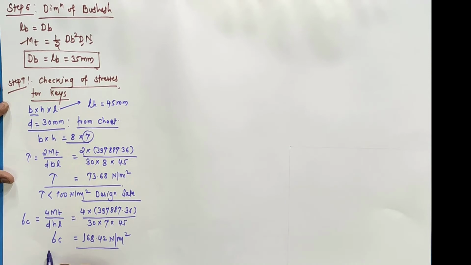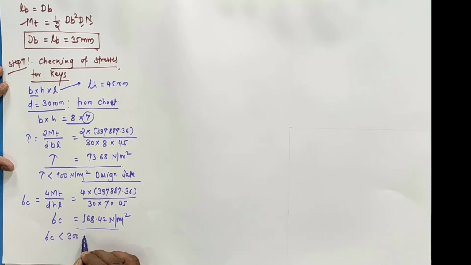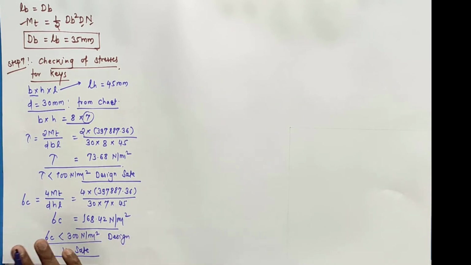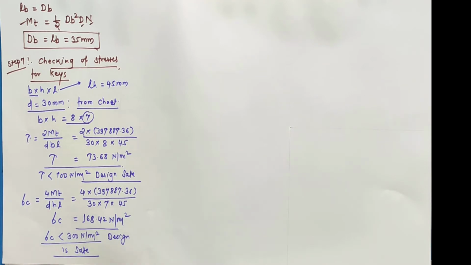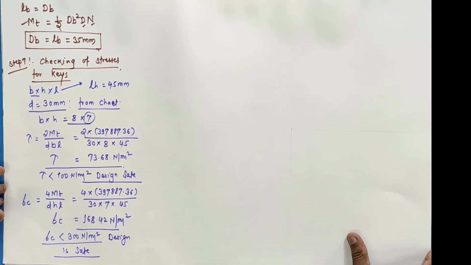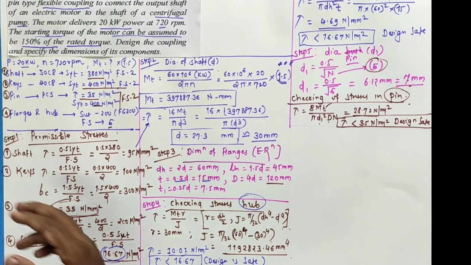So I can say the calculated value is less than 300 Newton per mm square. Therefore design is safe for crushing failure. Correct? So here the numerical is end. So likewise we have just followed the sequence which we have discussed in previous video. So likewise I have solved this, and you can see after practicing, it is very simple to solve the numerical sequentially. Correct? So for your sake I'll again repeat the things what we had done.